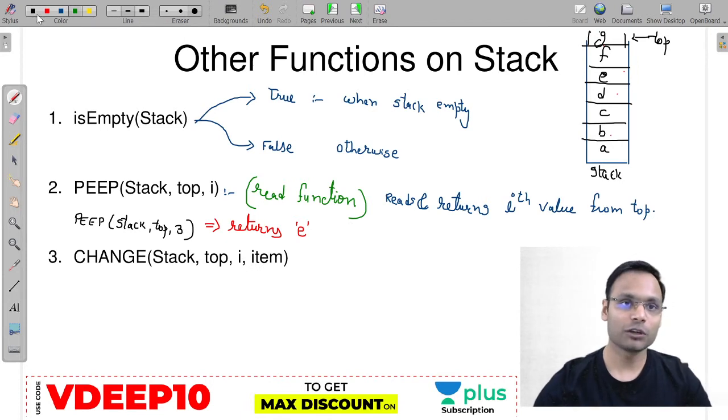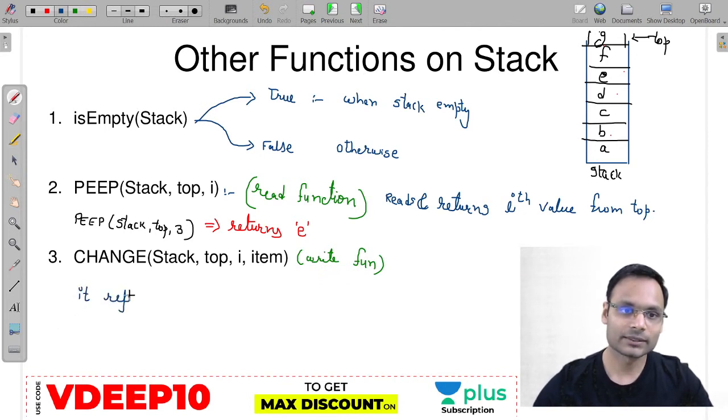That is the change function. So I am writing the definition. It's a write function first, and what it does, it changes, it replaces the ith value from top by